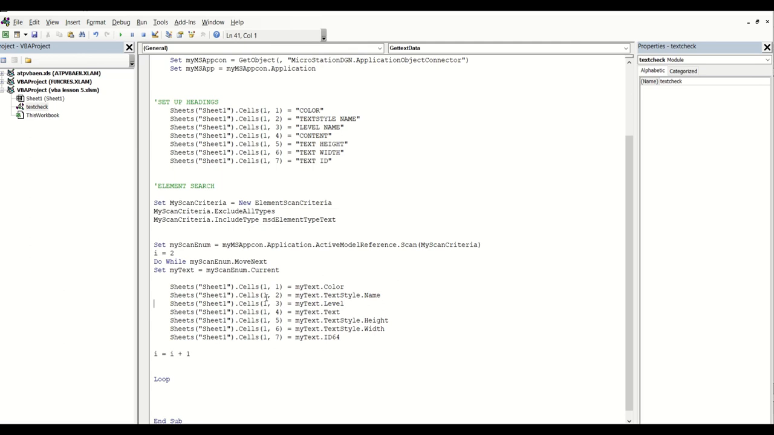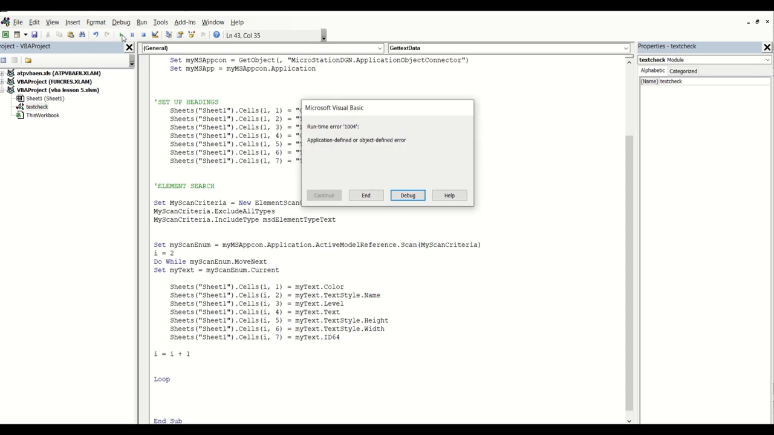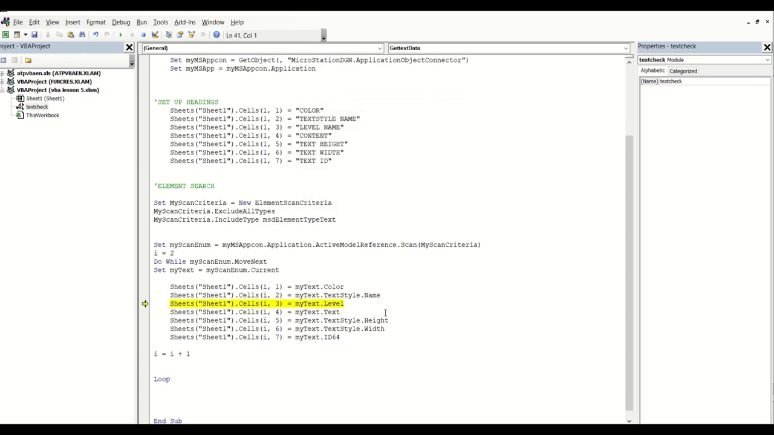It seemed like I'm putting everything into the same row. Now I need to put the counter, which is I, so I need to put I here. Let's try again. Okay, there's something else not right here. Okay, I found it, so I need to say level name, because in level there could be anything, a description, a color, so I want level name. That's what it is. So now if I try again,